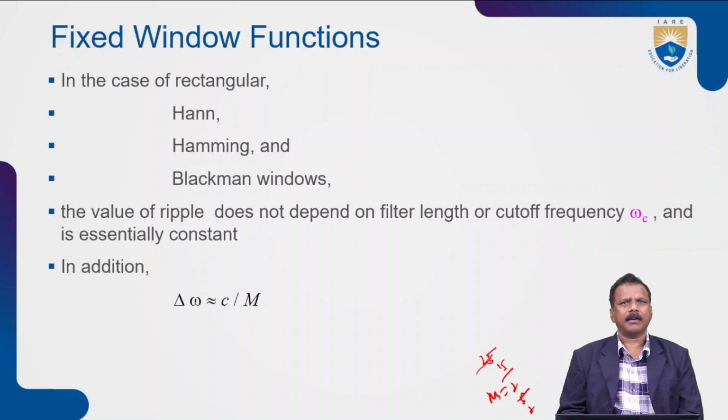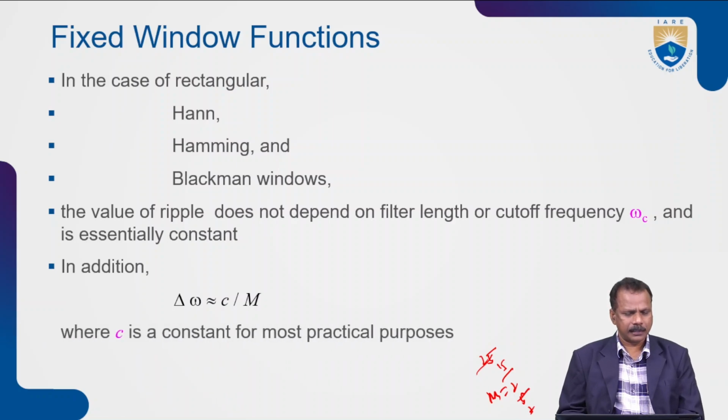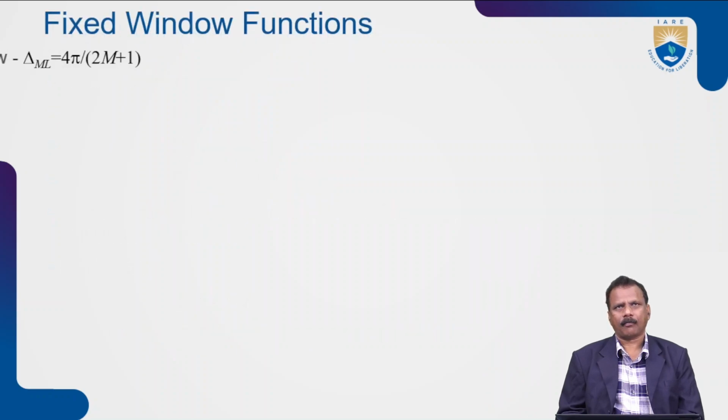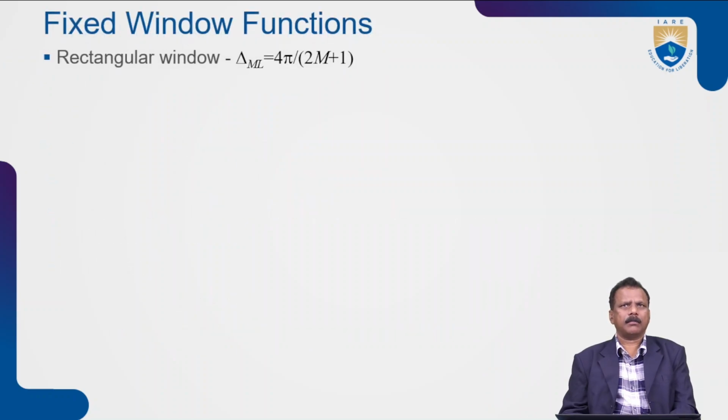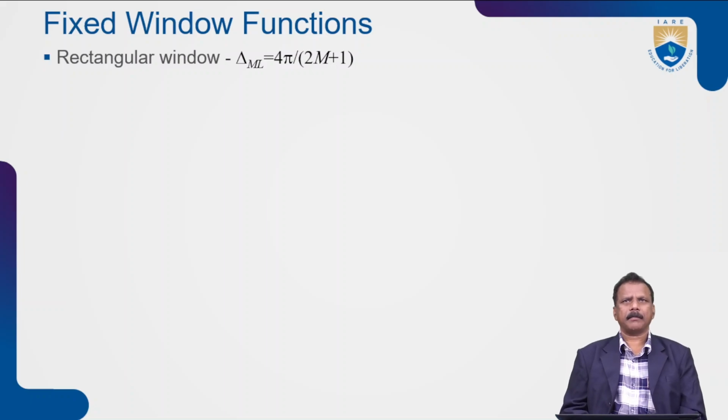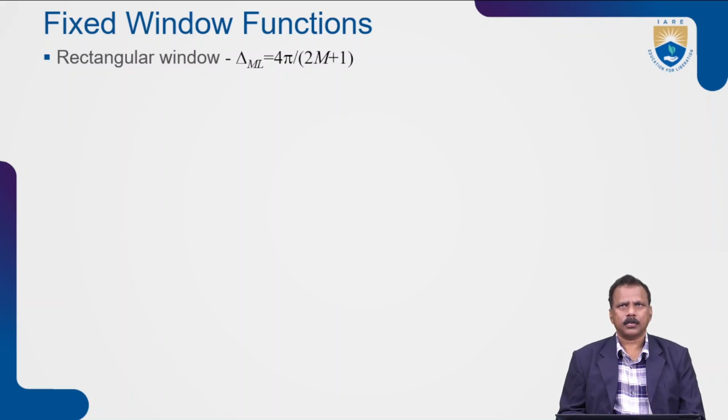In addition, delta omega is approximately c by M, where c is a constant for most practical purposes. Now, for the rectangular window, delta ml is equal to 4 pi by 2M plus 1, where ASL is equal to 13.3 decibels, alpha S, the stopband attenuation, is 20.9 decibels,